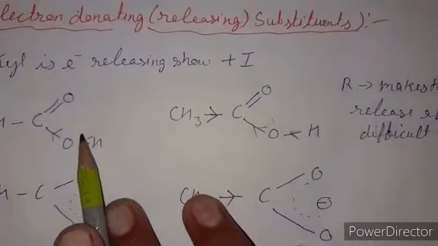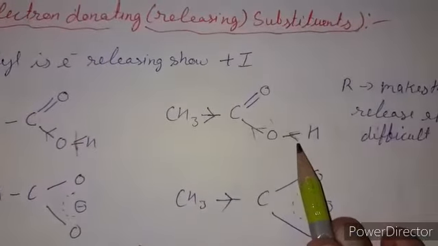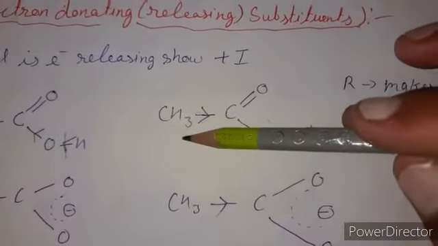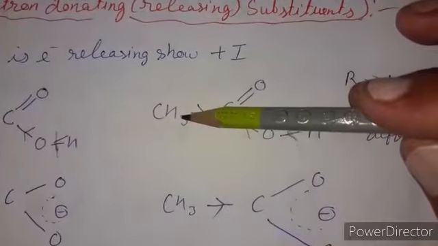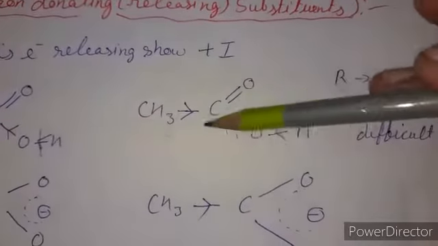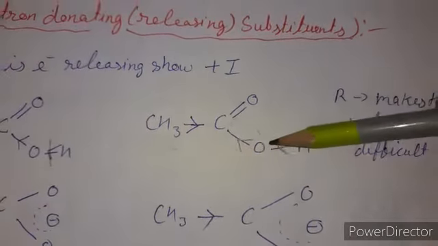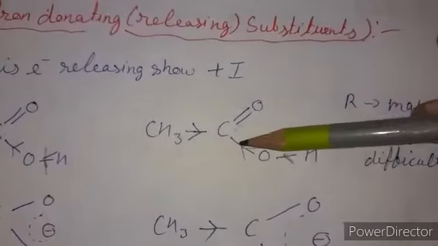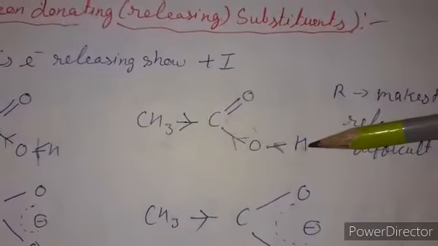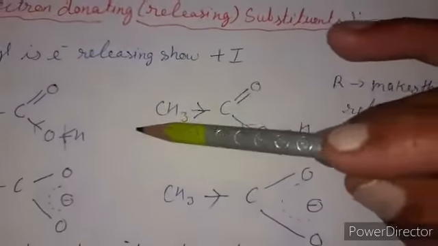So in formic acid this bond cleaves very easily, but in acetic acid the cleavage of this bond is very difficult. Why? Because it shows a plus I effect, because this group is electron donating, which enhances or increases the electron density on this carbon atom. That's why this carbon has less tendency to attract the electron from oxygen towards itself, and oxygen has less tendency to attract the electron from the hydrogen atom. So due to the plus I effect it is a weaker acid as compared to formic acid.